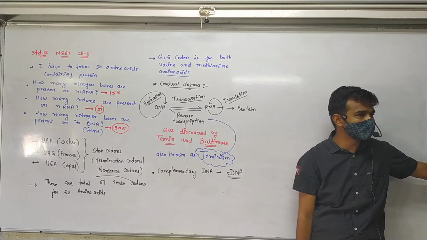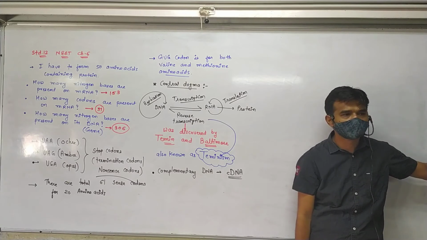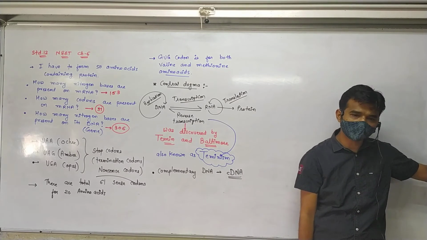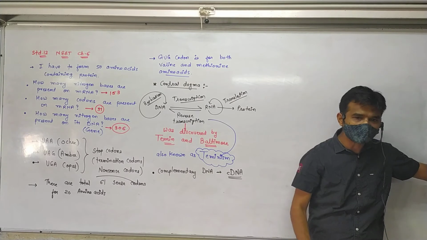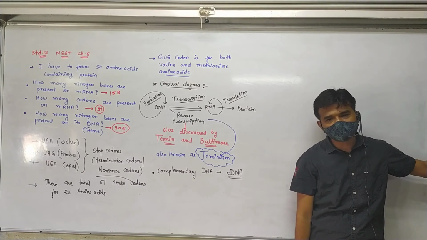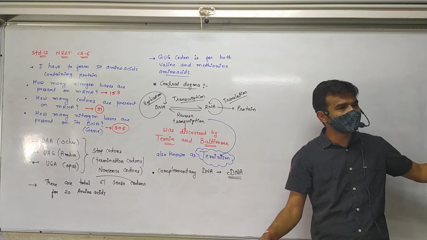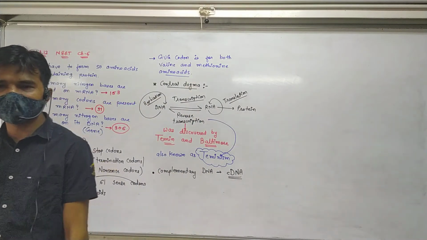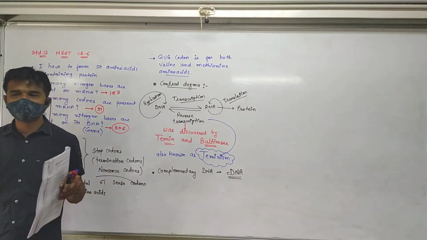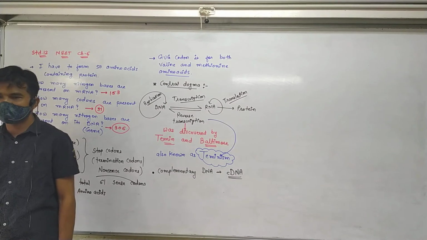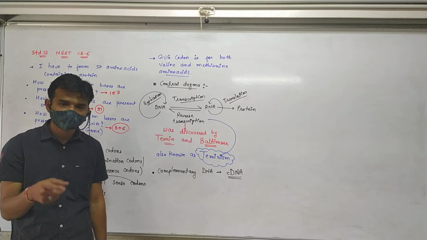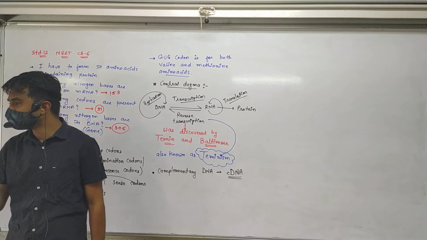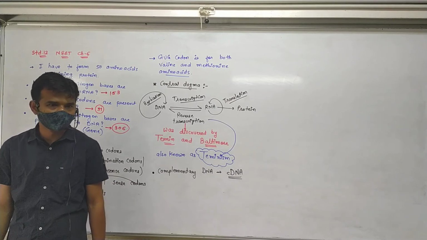So helper T cells are killed. As a result, no help to the B cells to form the antibody. As a result, the immune system will be affected, immunity power will be down, and the person is unable to fight against the particular disease. And so many symptoms are united together, so many diseases simultaneously occur in the body. This is known as syndrome. And that's why we have used the word acquired immunodeficiency syndrome. This is acquired by HIV. That's why the word is given there.